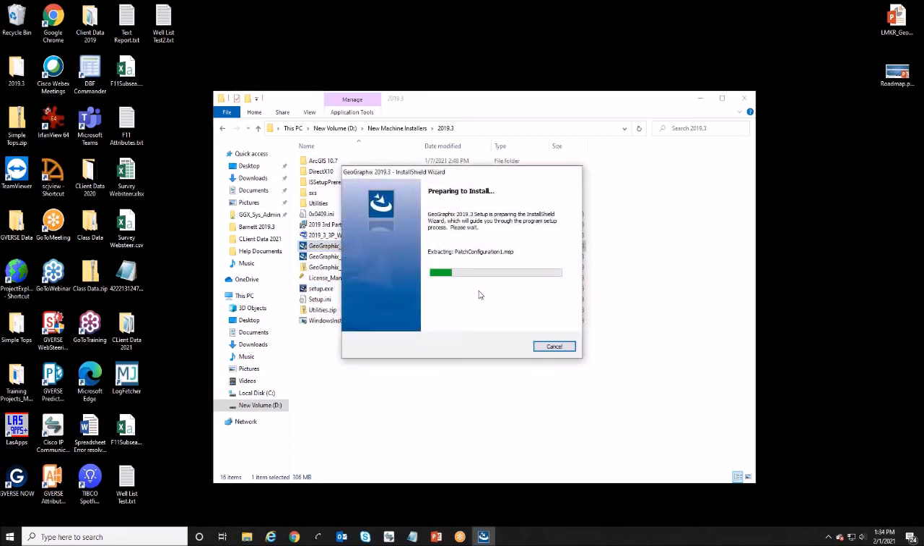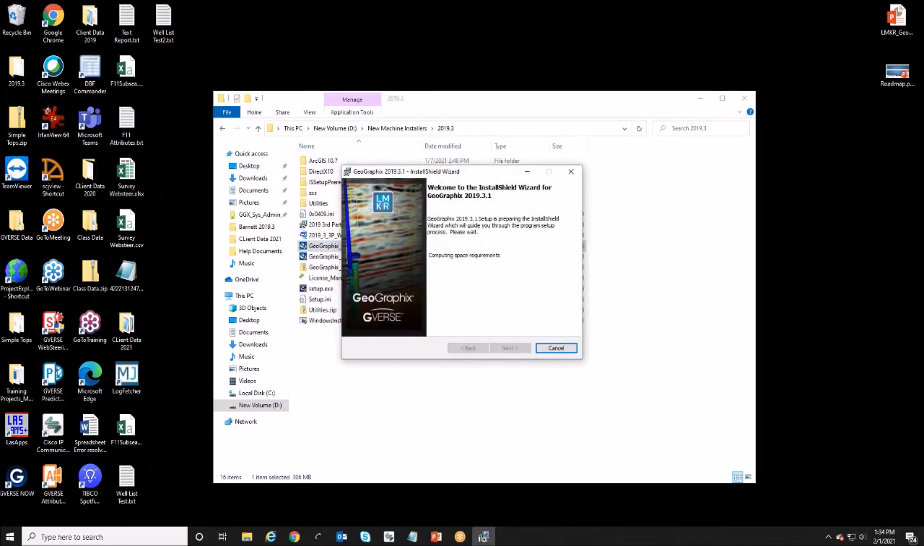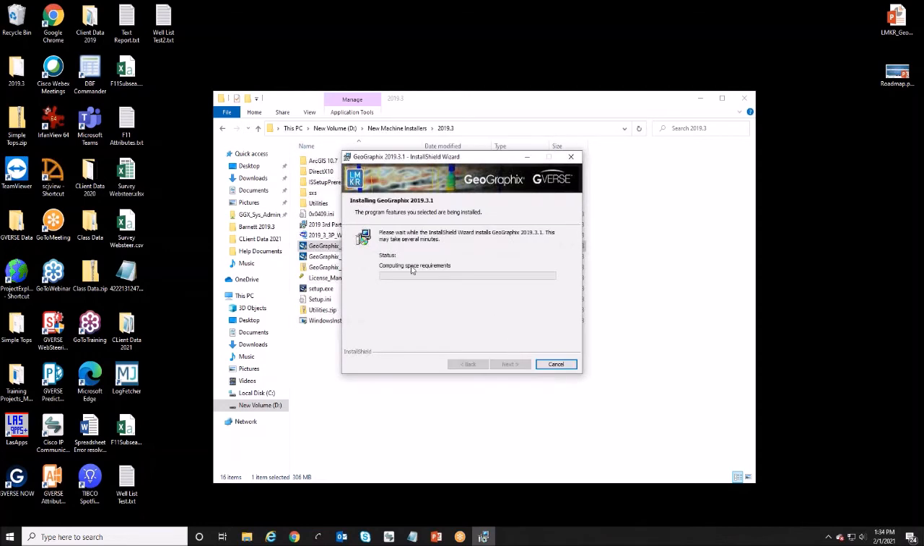So it should kick off the installation file. We'll see a couple of windows pop up here. It'll compute your space requirements, make sure you have enough space on the machine to run the installation, and then we're going to go through update, and then the status bar will go through and validate and install the needed files. And then once that progress bar is finished, I'll simply click on finish, and then you can launch GeoGraphix again